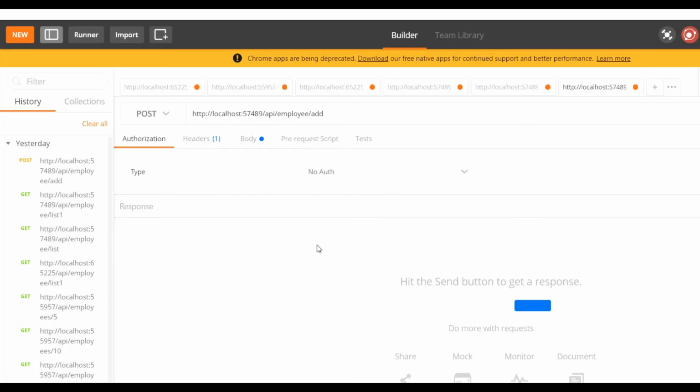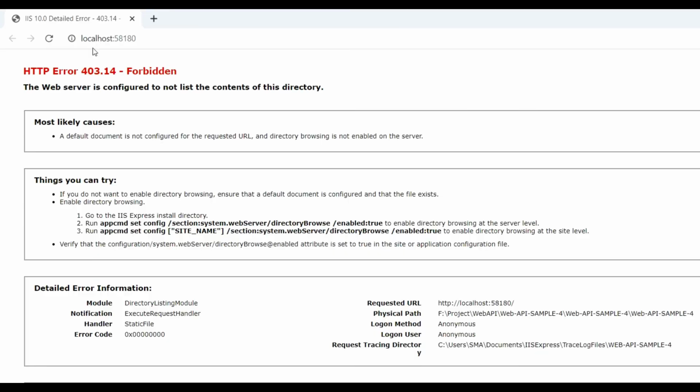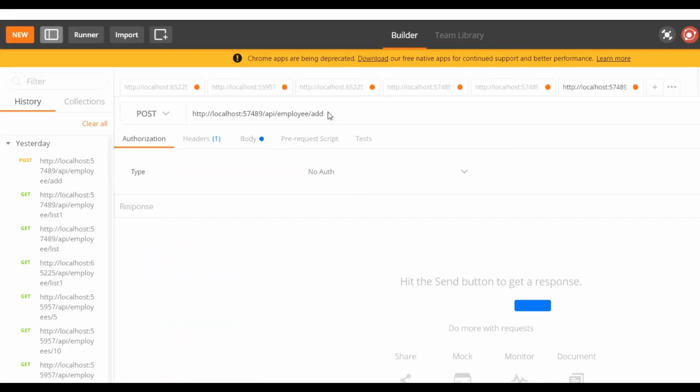Now I have put this URL, the URL I have generated: api/employee. First this one, localhost, go to Postman and put this.